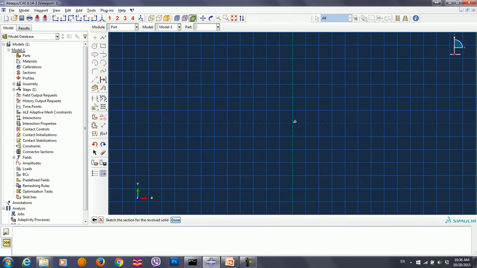Okay, then I'm going to use the create lines. I define different points. Starting point is the origin, then 0.035 and 0, then 0.0225 and 0.07,